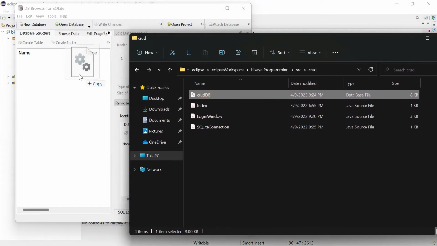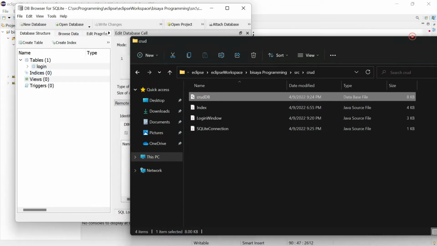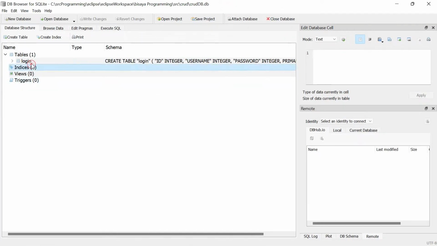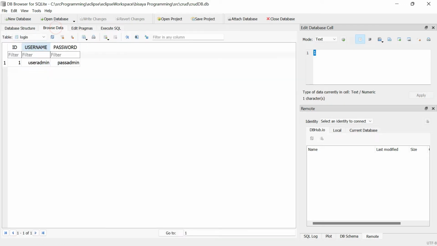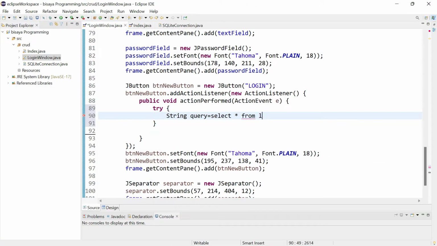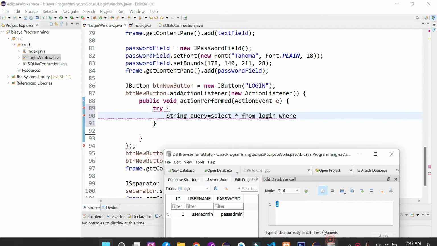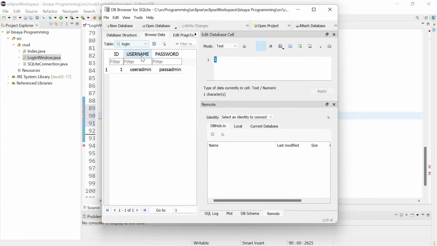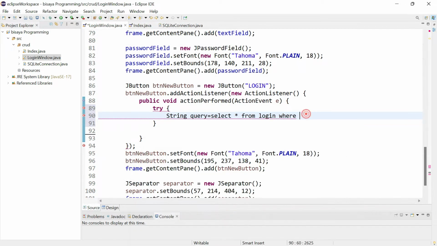I need to drag and drop it here to open it, so we can see the name of the table. The name of the table is login. If you want to browse this, it is the login table. So what we put here is select all from login where username and password, for our username admin and password admin, which we will enter in our login window so that it can be read from our database. So where username